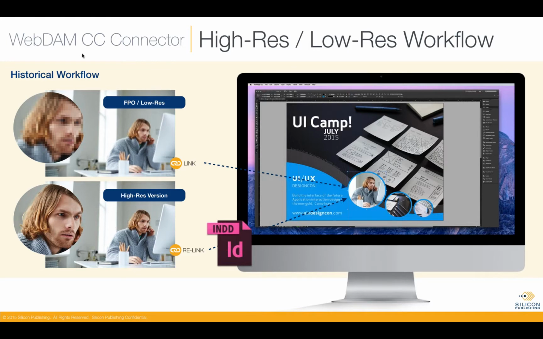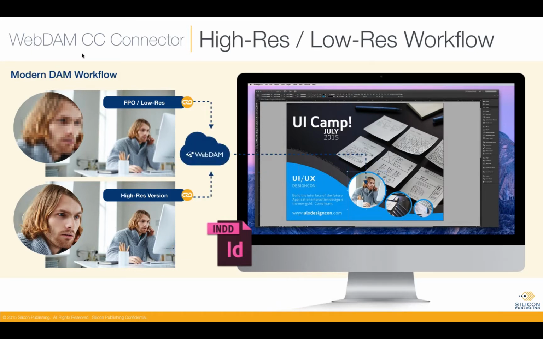Many graphic artists will be familiar with this. Over the years, there has often been a process in the workflow for designing content where you don't use the high-res assets in the first place. Quite often, it's more convenient and lighter weight and faster to take a proxy image or a placement-only image and adjust that to your satisfaction, and then towards the end of the production cycle, introduce the high-res image. That's something that's always been around in traditional workflows, but it's got a new twist with the WebDamn